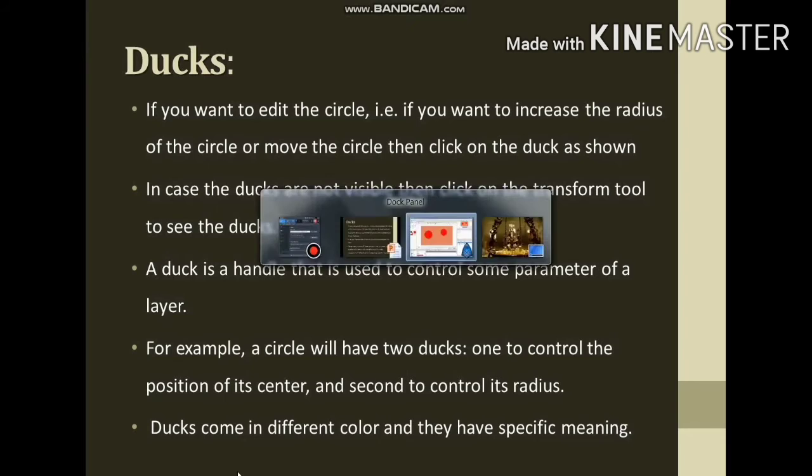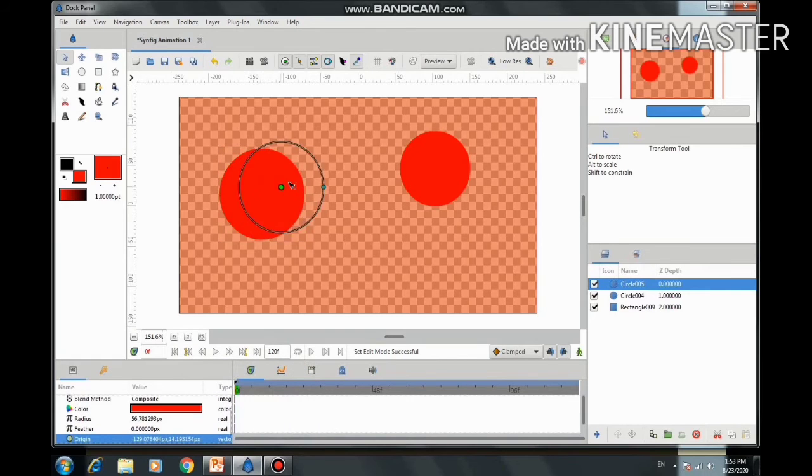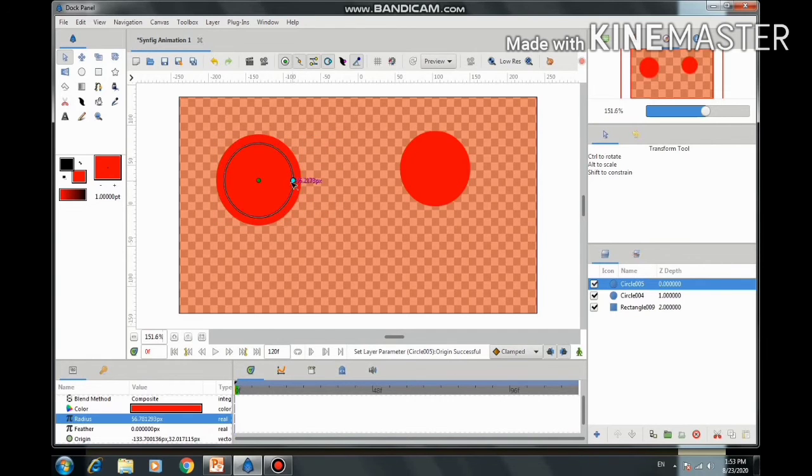Now here in our practical we will see, here you can see this is my circle layer and I have two points. This is the center position point and this is the point to manipulate the radius. So circle has two major points that are called ducks.